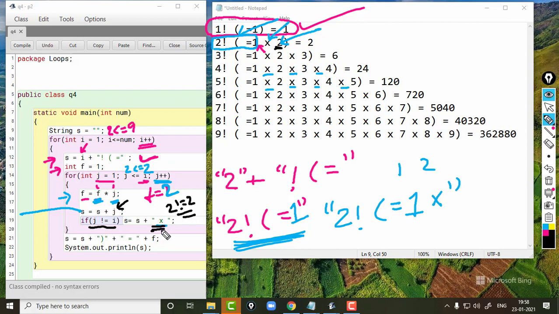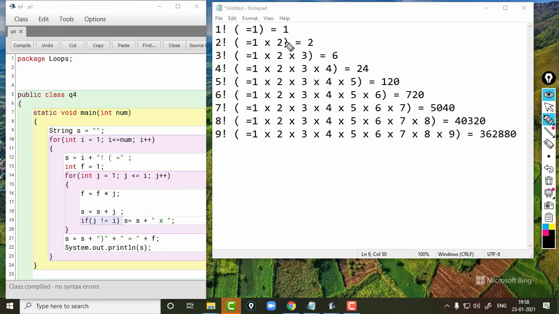That means the multiplication sign will not be concatenated, and this is what we want. We don't want a multiplication symbol after 2 here. Whenever i is equal to j, we don't want to concatenate the multiplication symbol.